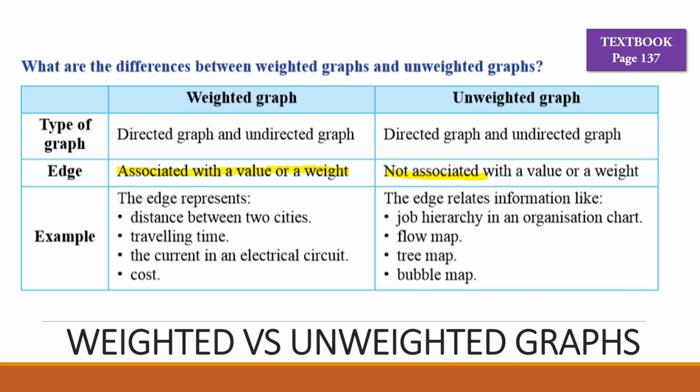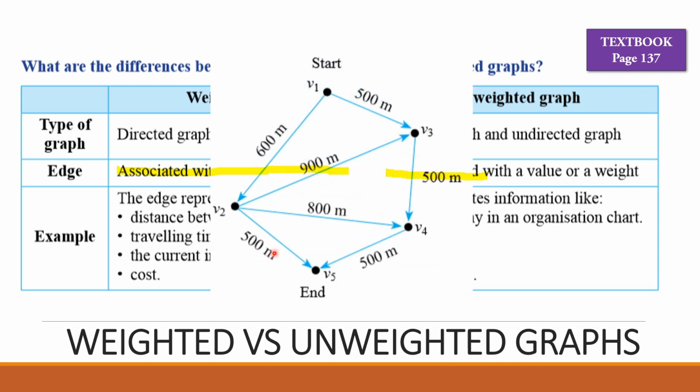Okay, and the examples using weighted graphs, as you can see here, are distance, traveling time, current for an electric circuit, and cost. And for unweighted graphs, there are also a lot of applications, such as job hierarchy, floor map, tree map, bubble map, and many more. Okay, this is just some of the examples. So we can see here the examples of